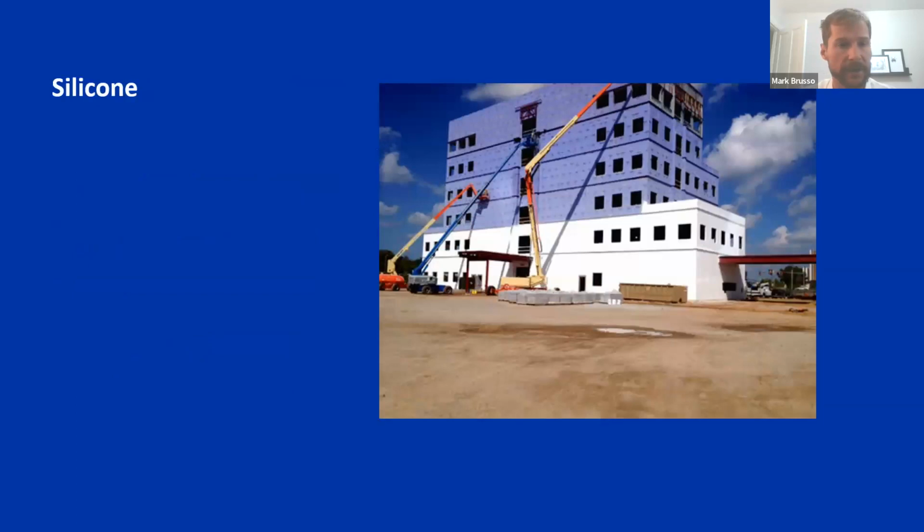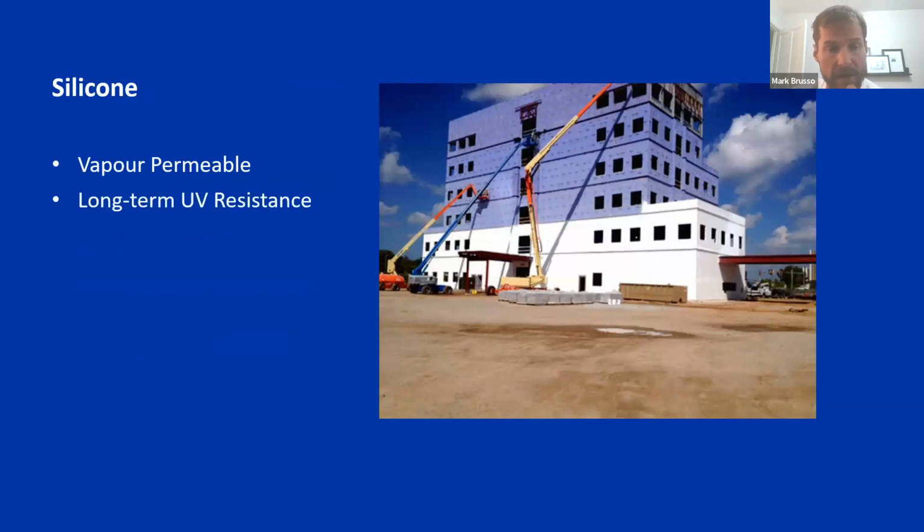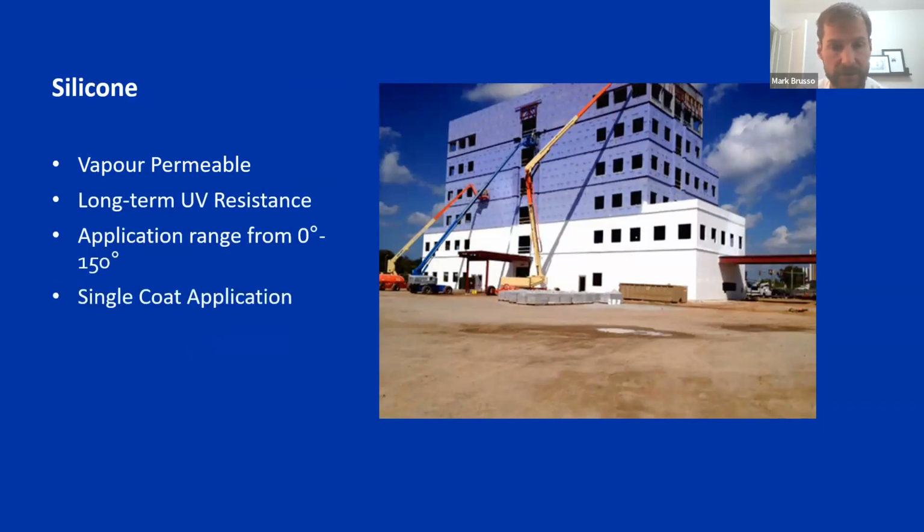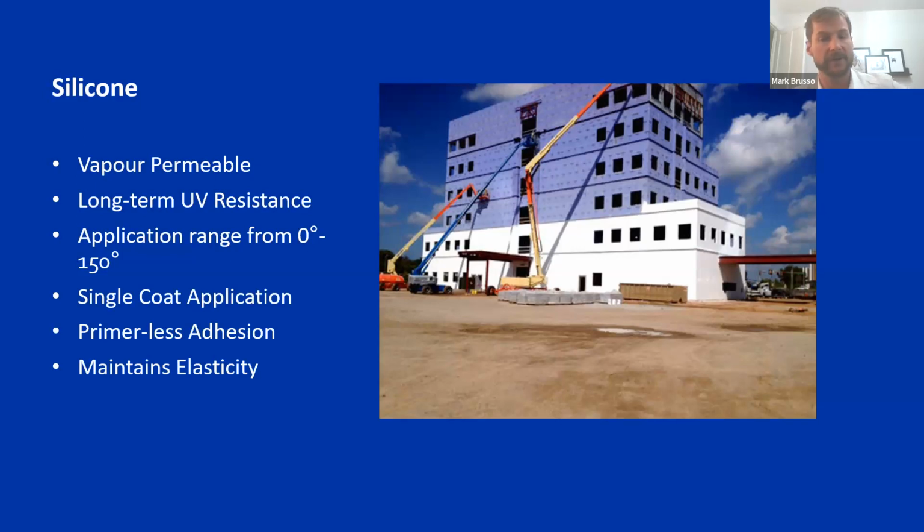The other high performing fluid applied barrier is silicone. What's great about this product is it's vapor permeable. Long-term UV resistance, again, like STPE. Very high application range from 0 to 150 degrees. Again, a single coat application. No primer required. Also a very elastic